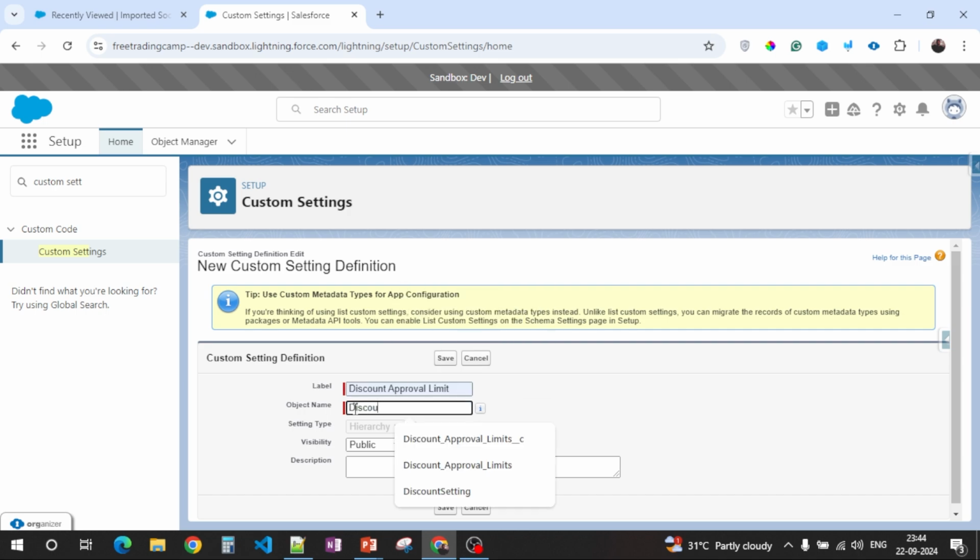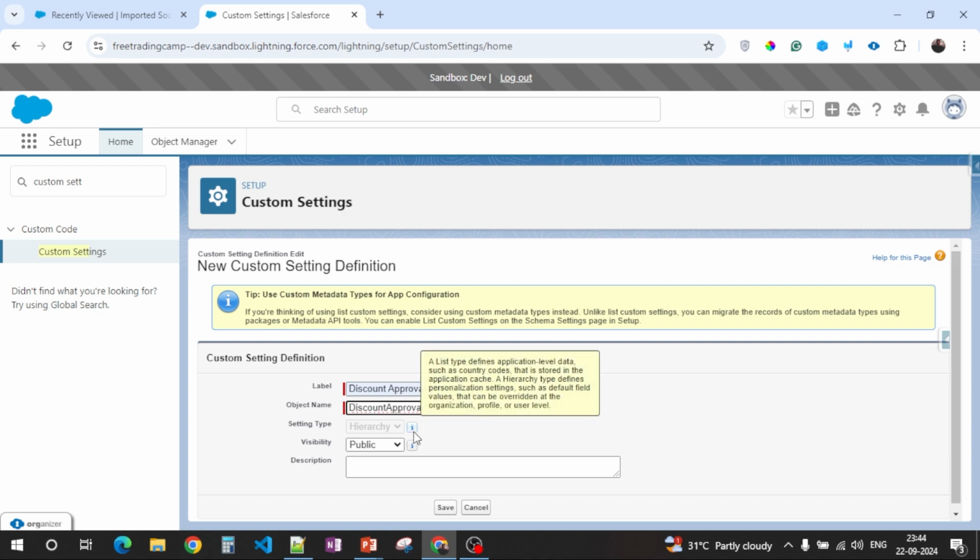This is just like creating custom settings. And it is asking if you're thinking to use list custom settings, because we are not creating hierarchy right now. We are creating list custom settings.